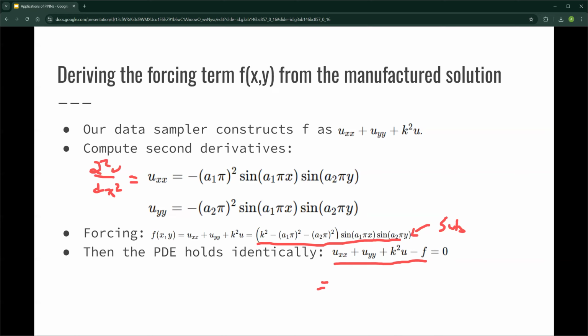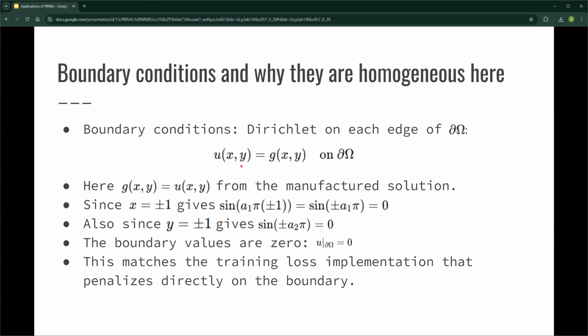So with this forcing term, the manufactured solution satisfies the PDE throughout our domain omega, like we defined before, the square domain, and all the boundary and initial conditions, so BC and IC. So this is to satisfy the boundary. And on the topic of boundary conditions,